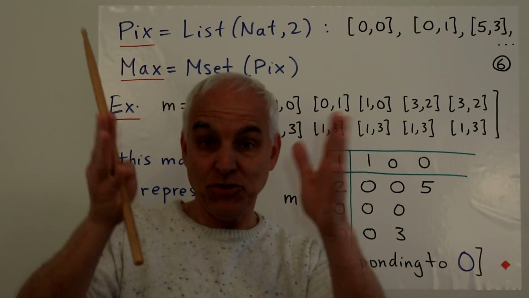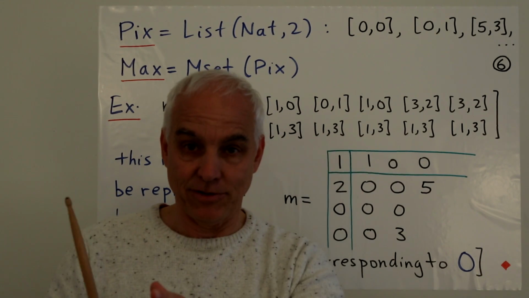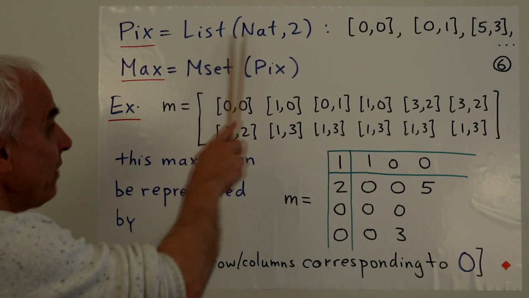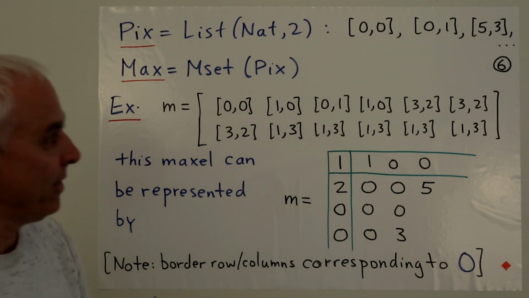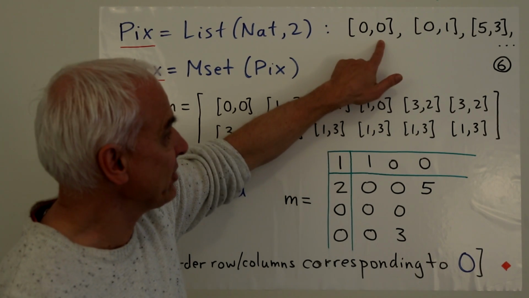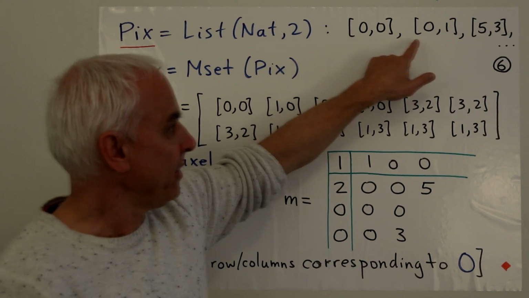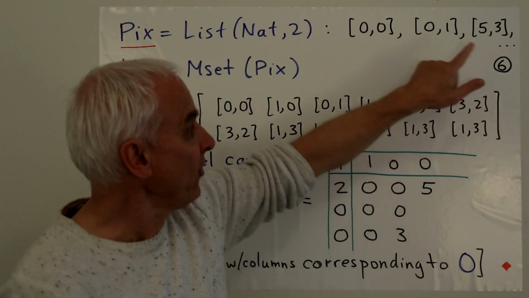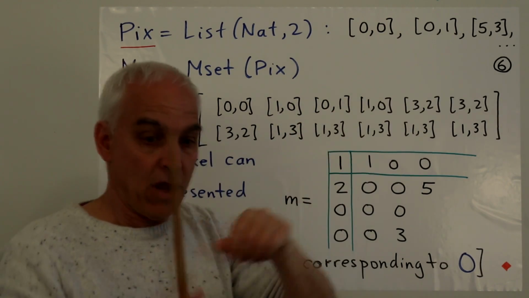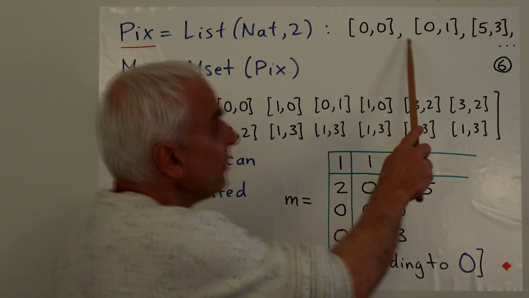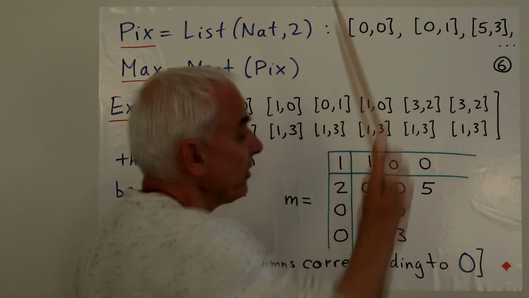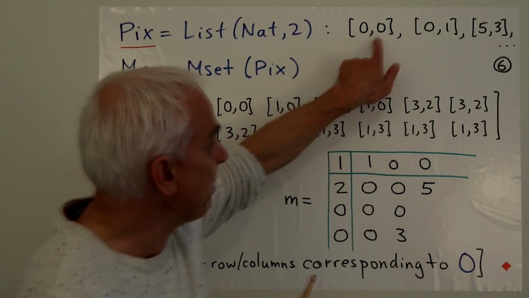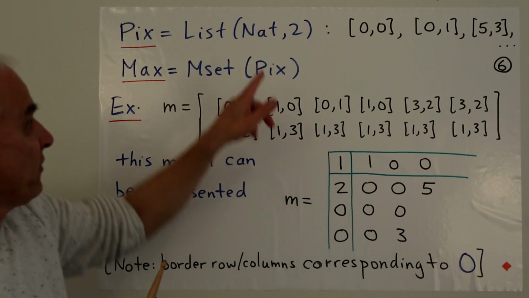Right, so what happens when we go to the two-dimensional situation? We have pixels and maxils instead of singletons and vexils. Well, a pixel is a list of natural numbers of size 2. Here are some examples of pixels. There's pixel 0, 0. There's pixel 0, 1. These are lists. You can see that because they have square brackets and there are commas. The comma is telling us that the order matters. In this little data structure, that's the first element, and that's the second element. And repetitions are allowed. It's a list. So these are all examples of pixels from natural numbers.